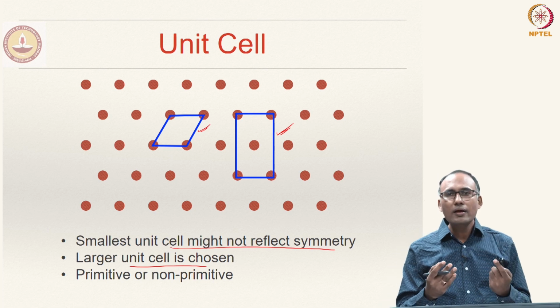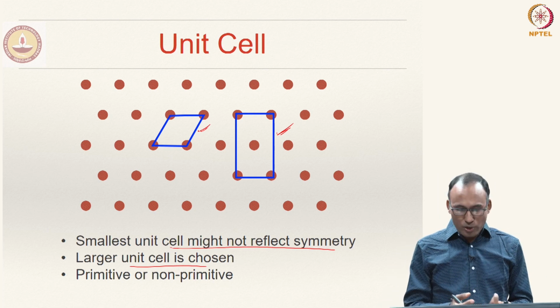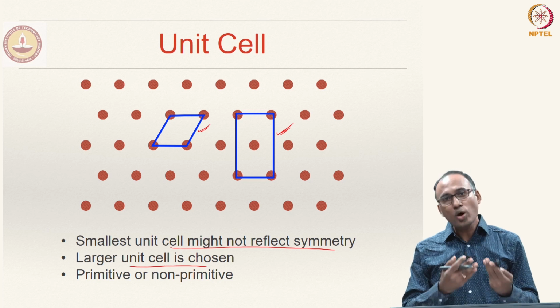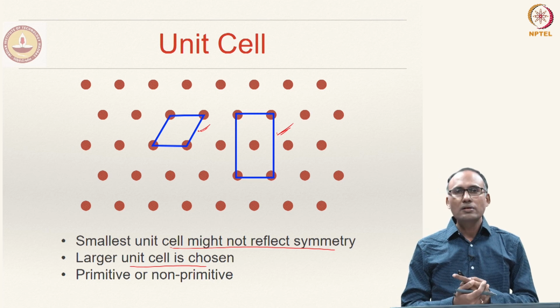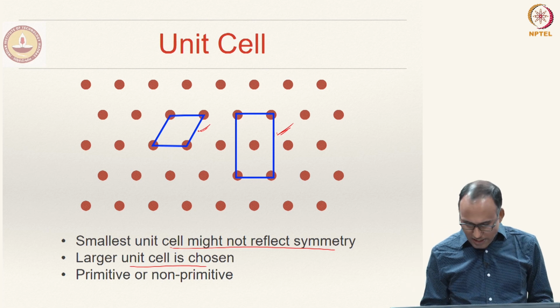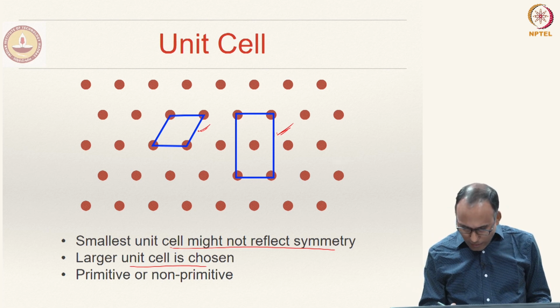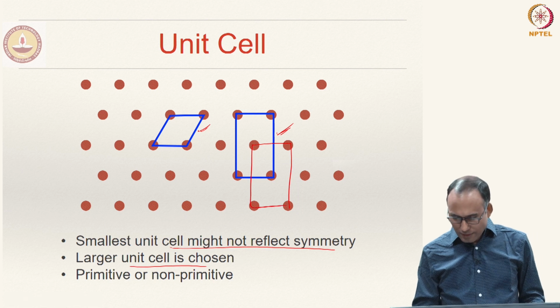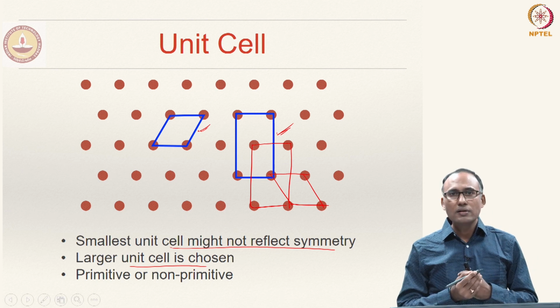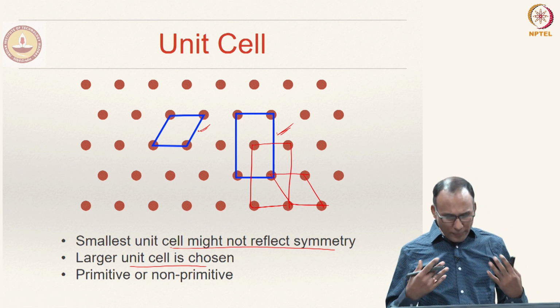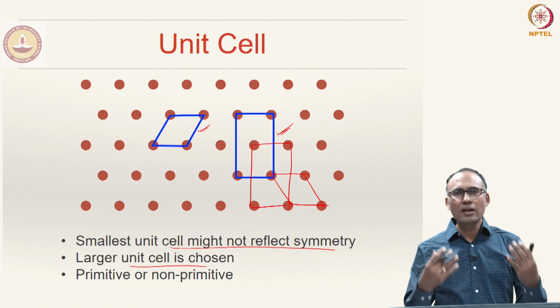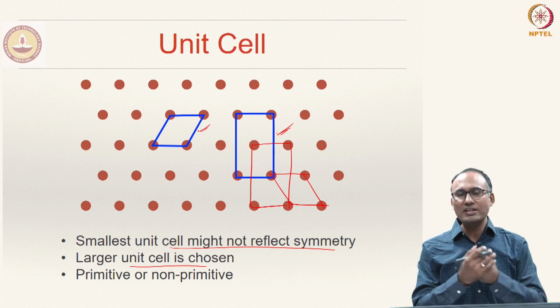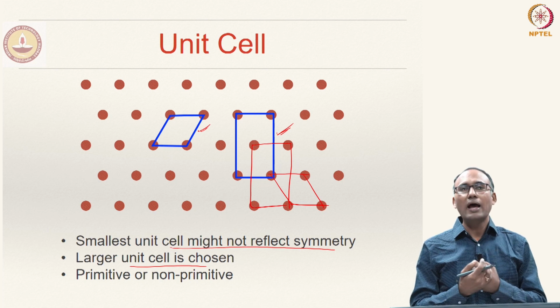But in principle you can choose any one of them, and you can actually define more than one unit cell. You could have this, or you could also have another unit cell. For instance, this could be another unit cell, and this could be another unit cell, and so on. These are all possible. So, in principle you should be able to find several valid geometries of unit cells, which are parallelograms in 2D.